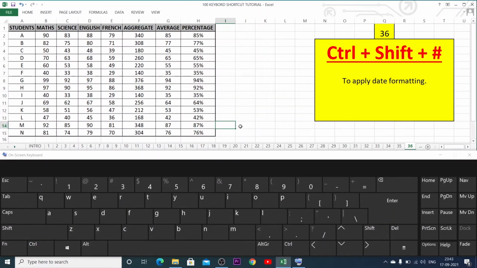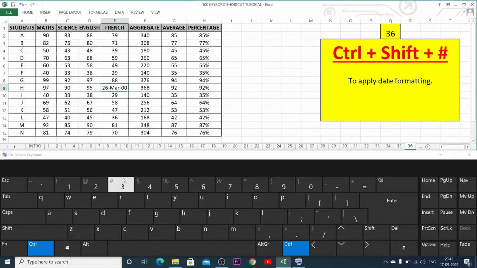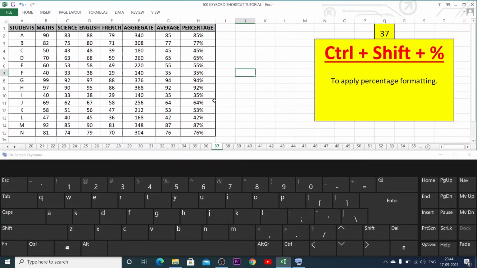Control Shift hash to apply date formatting. Control Shift percent sign to apply percentage formatting.